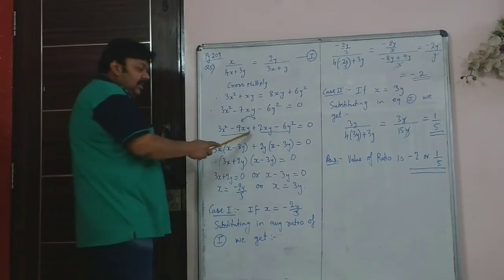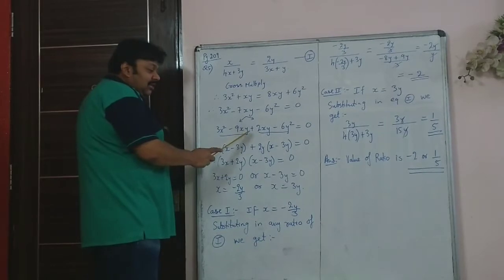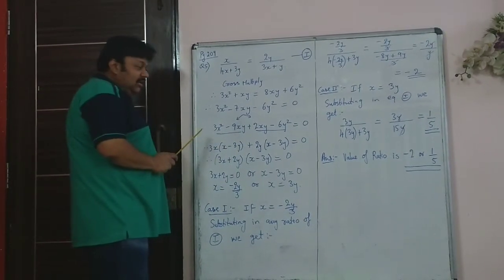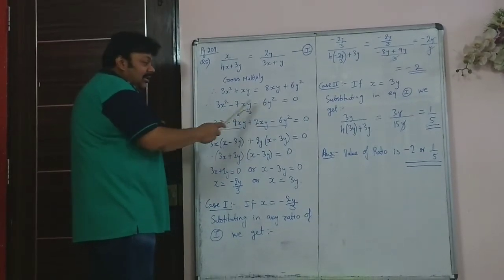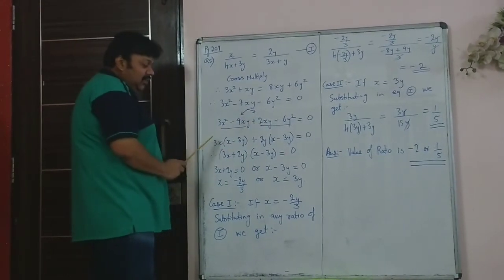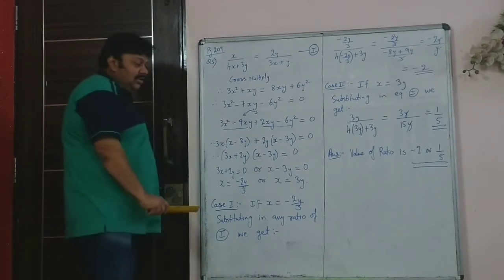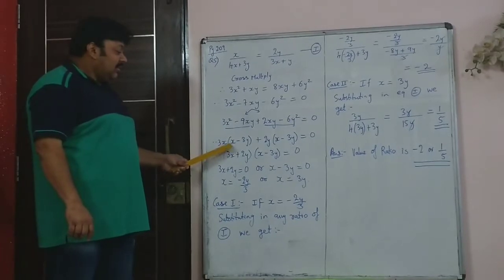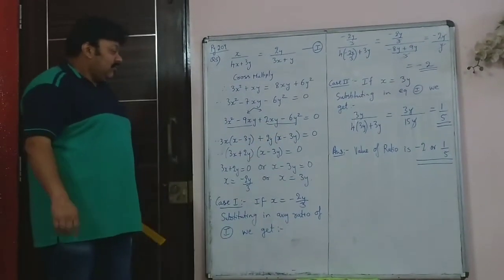So here, after factorizing, we are splitting minus 7x as minus 9x plus 2x. This is the same factorization which you did in standard 9. Here what is happening? You are getting the product as minus 18 and the sum as minus 7xy. So when you pair the first two terms and the third and the fourth term separately, you can factorize by taking 3x common in the first pair and 2y common in the second pair of terms.